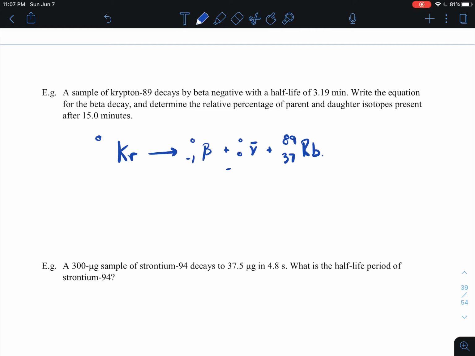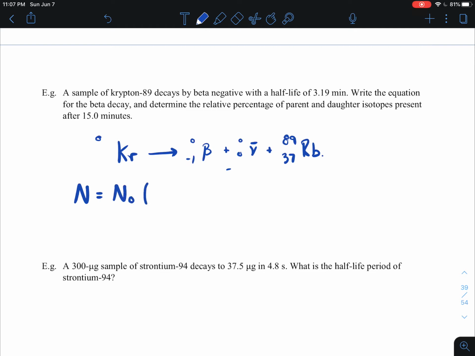All right, so now looking at how to do the half-life part of this. So it says Krypton-89 has a half-life of 3.19 minutes and 15 minutes has passed. So we're trying to find out the relative percentage of parent and daughter isotopes present. So if you look at our equation, we're saying, well, N, being our current amount, is equal to N0, our